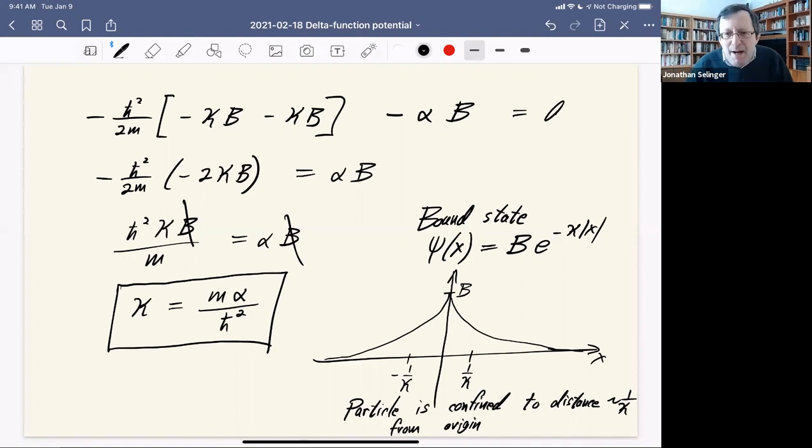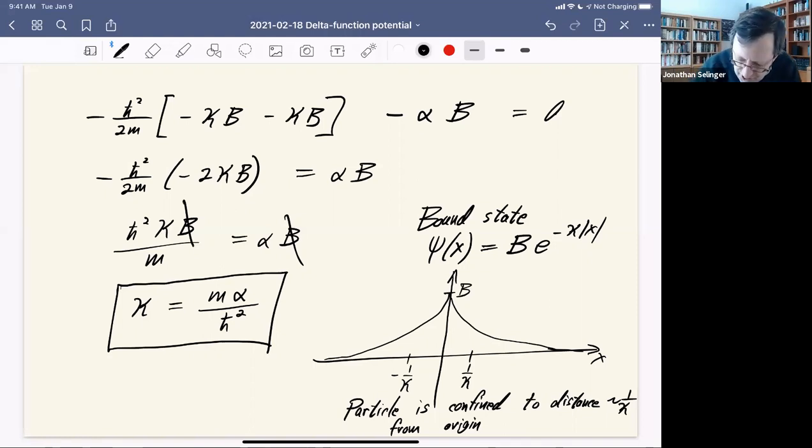So, if we think about this like a game of golf, it means the golf ball isn't exactly stuck in the hole, but it's stuck near the hole, right? The hole is zero width. It's infinitely deep and zero width. And the golf ball can move a little bit onto the green, but not too far. It's stuck a particular distance away from the center of the hole.